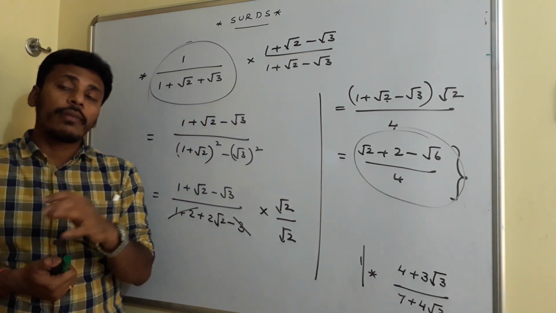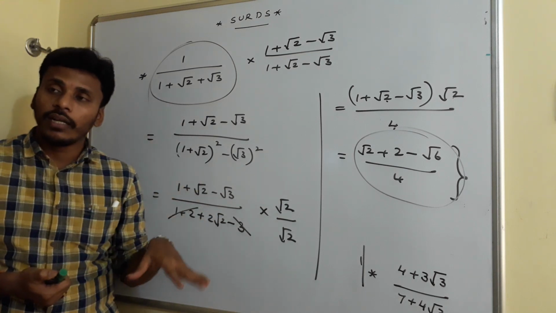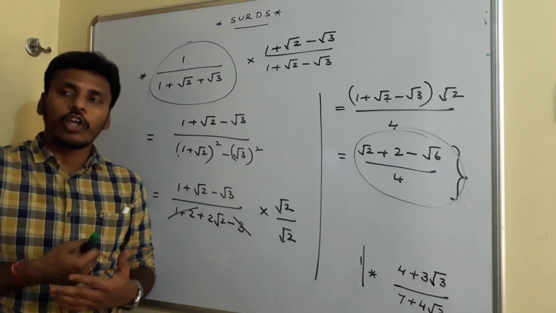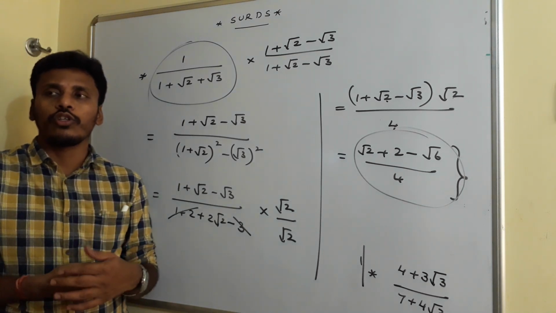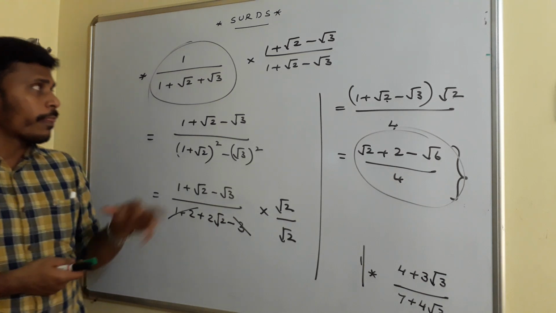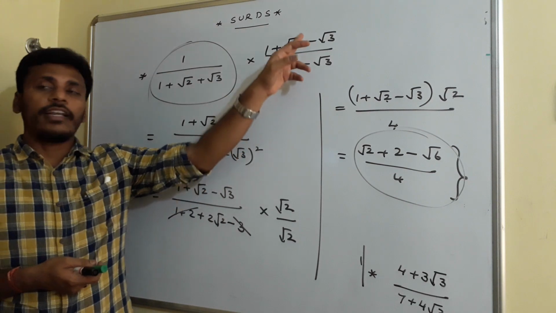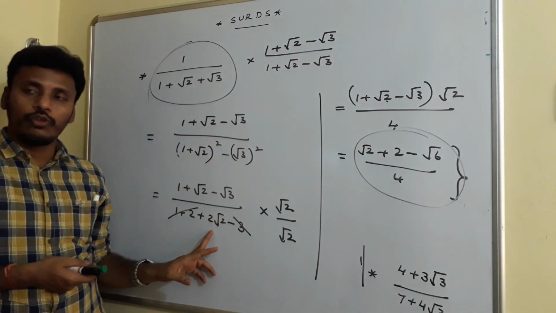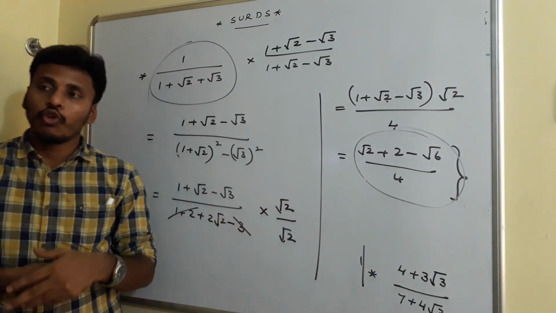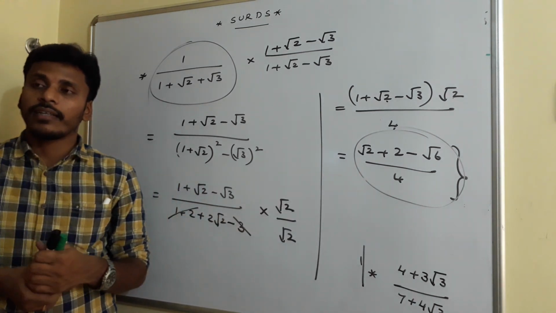So to make the denominator rational, you need to find the rationalizing factor for the denominator and multiply with it, right? See, with practice you are automatically able to solve without thinking about the concept of rationalizing factor. Since it is 1 plus root 2 plus root 3, just change the sign to minus and multiply. On simplification you have 2 root 2. Just multiply with root 2, you will get this. So this is the way to rationalize the given numbers, to make denominators rational.